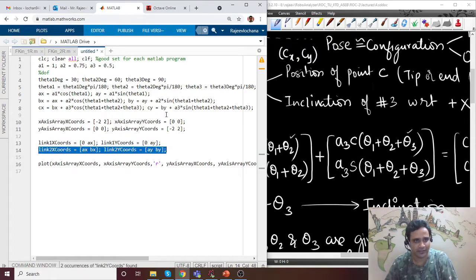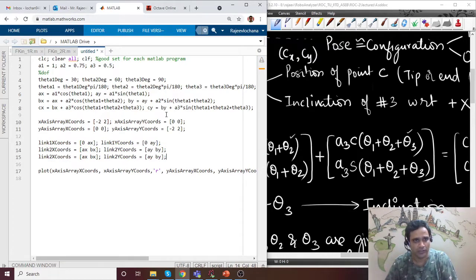These are link 2. Now we'll have link 3. Link 3 will have x coordinates which will start from BX to CX. Similarly, link 3 y will go from BY to CY. So we have just extended it.